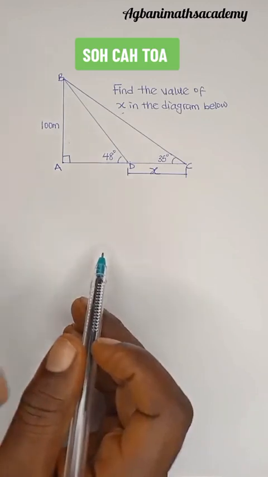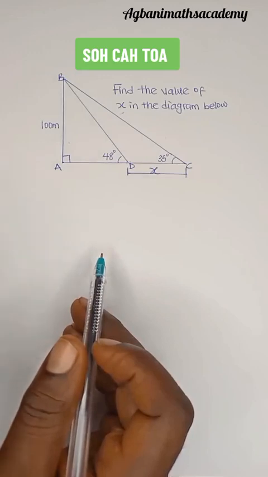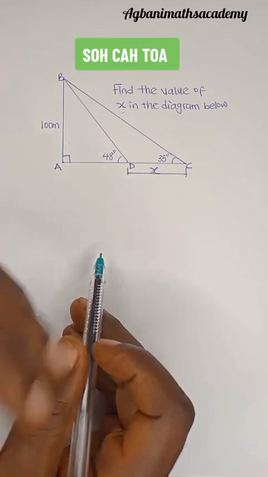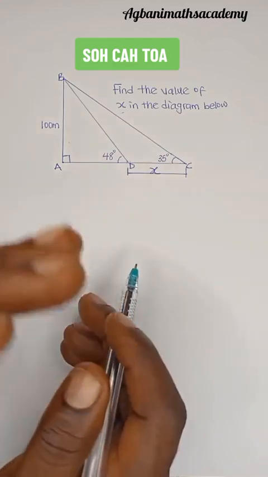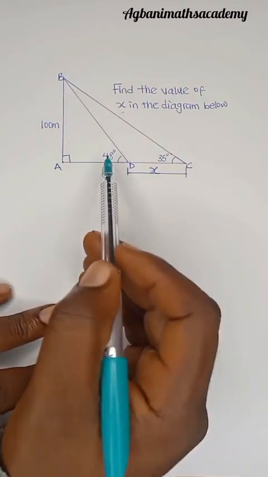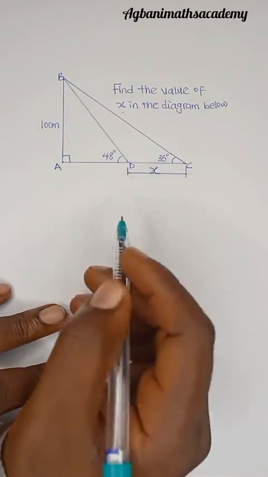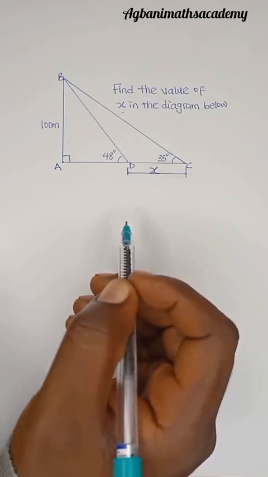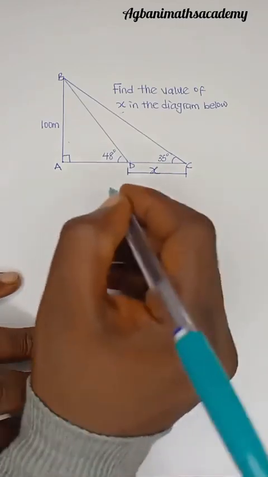But the difference is that Pythagoras theorem is exclusive to the length of the sides of a right-angled triangle. But whenever we have a problem that involves an angle of a right-angled triangle, what we are going to apply is SOH CAH TOA. Okay, so since we have angles involved in this problem, we are going to use SOH CAH TOA. Okay, so solution,